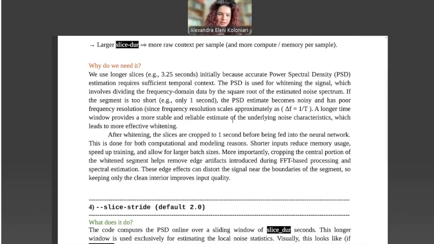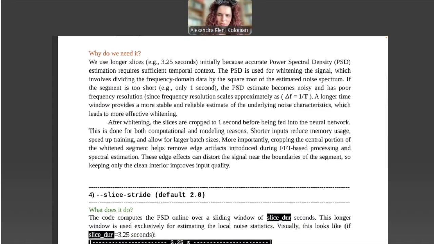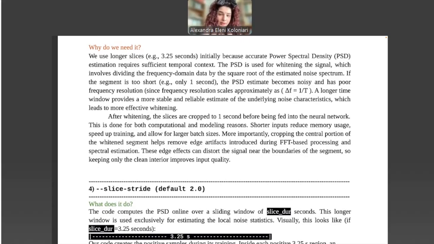So if the segment is too short, the PSD estimate will become very noisy, and that will actually give us a poor frequency resolution. So that is the reason we need a larger segment. And also after the whitening, we need to do the extra cropping because, as I also mentioned before, when you do the whitening, you might have artifacts in the edges of the segment. So that is why we end up keeping only that 1 second.